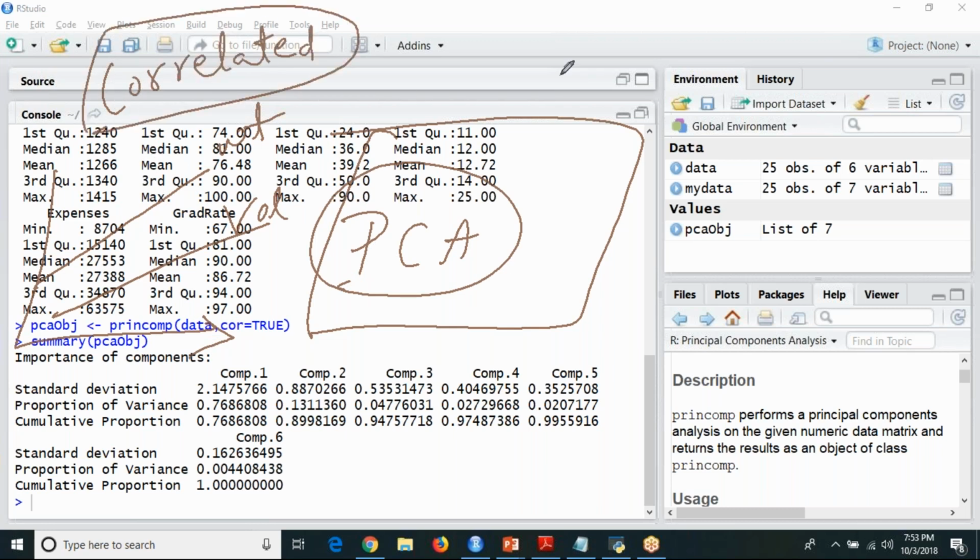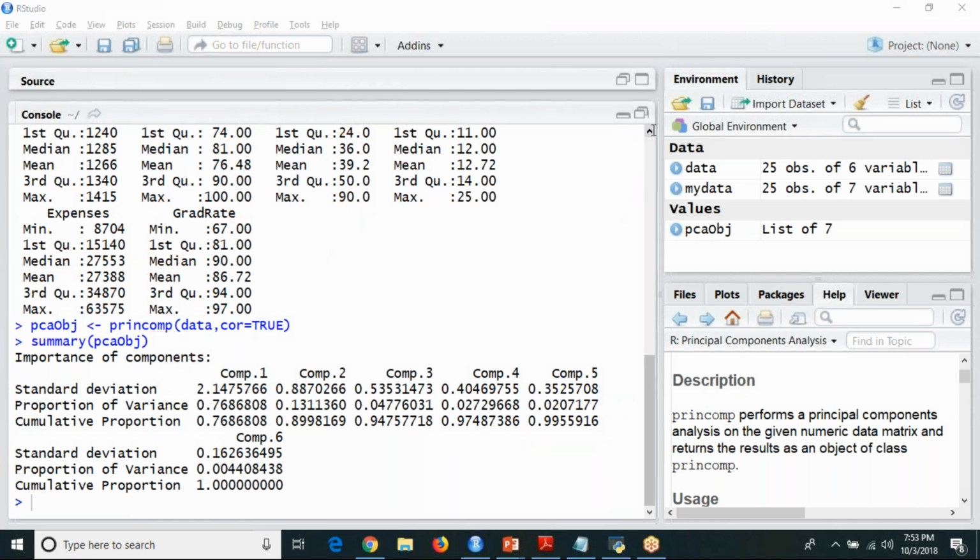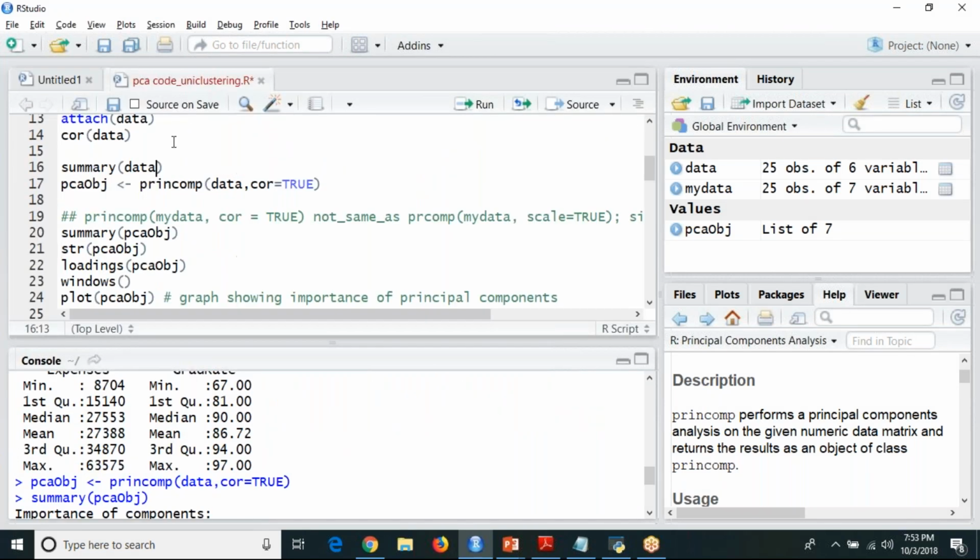In order to show you whether it is really correlated or not, I've used that function called COR, nothing else. I have written here COR of data. It is not mandatory that you need to run this. But in princomp, the line cor equals TRUE you need to use, because before implementation of your PCA, your data is correlated. That is the reason I have written cor is equal to TRUE.